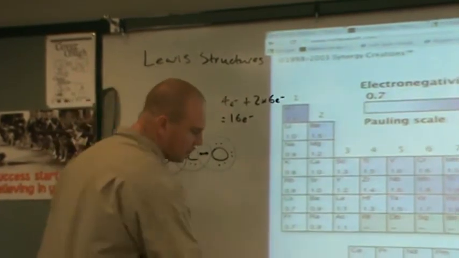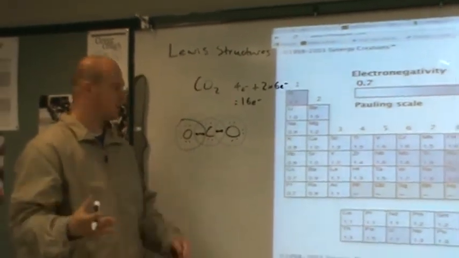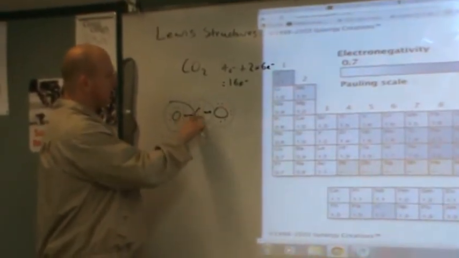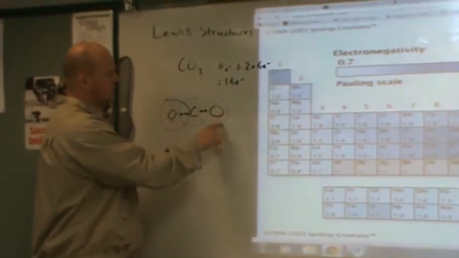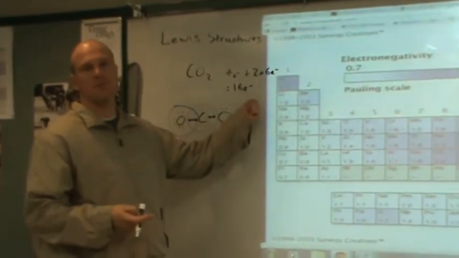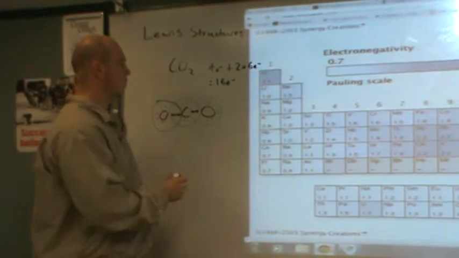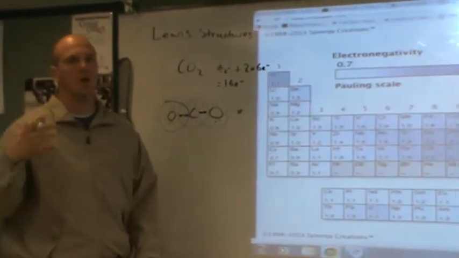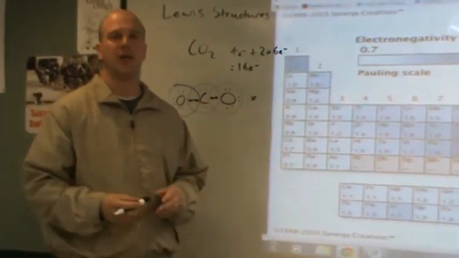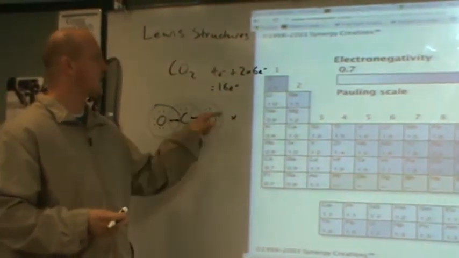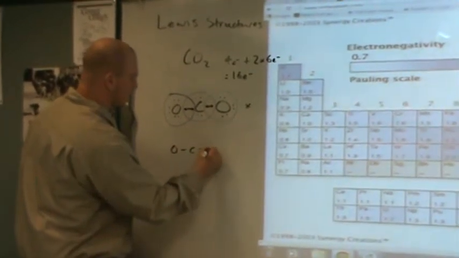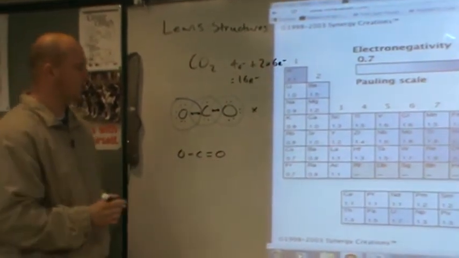So now we simply add up all of those electrons to see how many we have in this first Lewis structure. We have 2, 4, 6, 8, 10, 12, 14, 16, 18, 20. So we have 20 electrons. But that's more than the 16 electrons that are available for bonding. So we conclude that this structure is wrong. The way to address this is to simply add an additional bond. And you keep adding bonds until the electrons that are in the Lewis structure are the same as the valence electrons. So by adding 1 extra bond between the carbon and oxygen, I now have